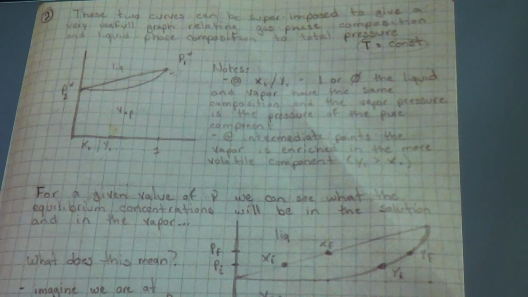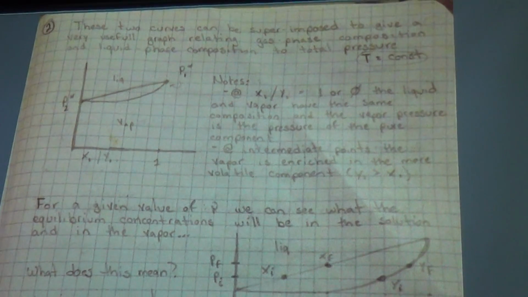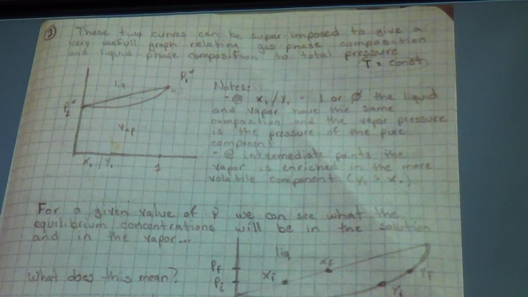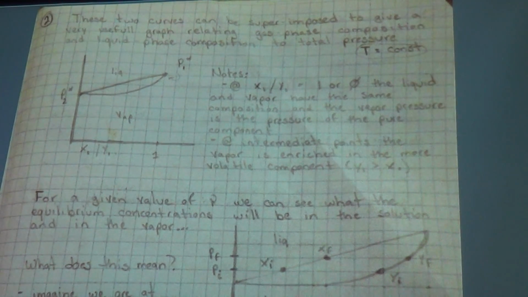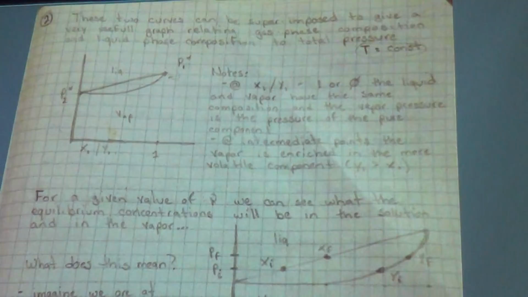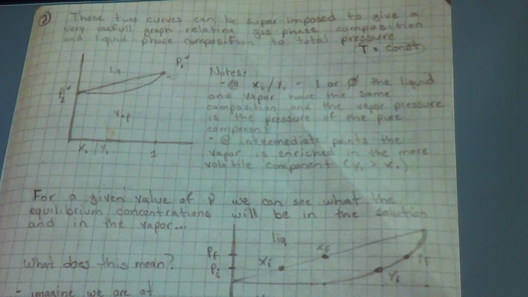Is this all at room temperature? Yeah, we're going to touch on that in a second. In a second, we're going to look at the phase laws, and the phase laws tell us that we have so many variables that we need to describe our system and so many degrees of freedom. One of the variables is pressure, as we've seen here. Another is temperature. For these graphs, we're holding temperature constant. So this is a constant temperature kind